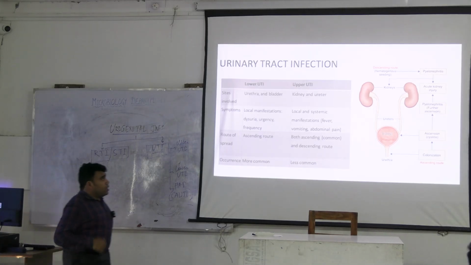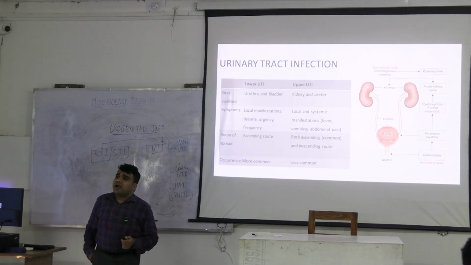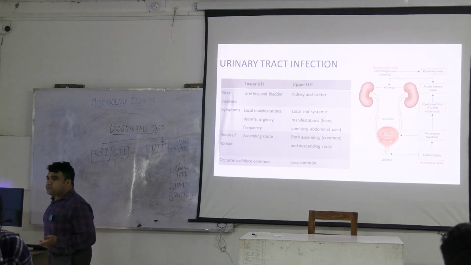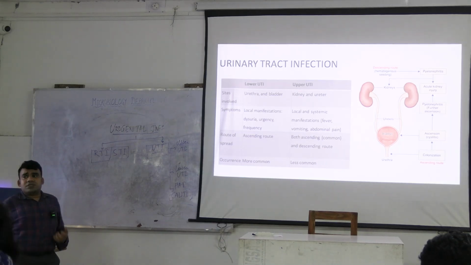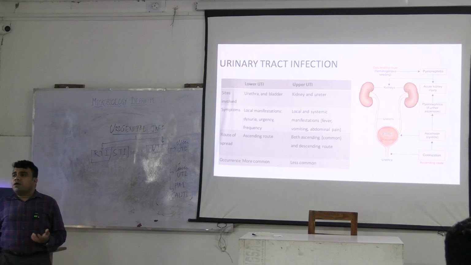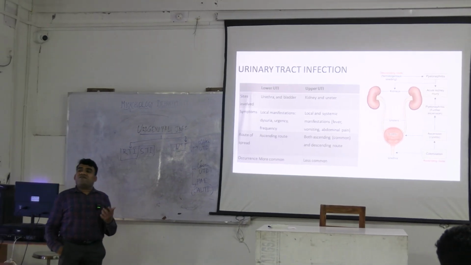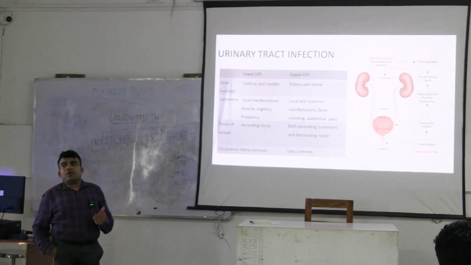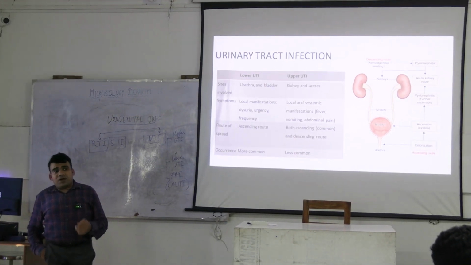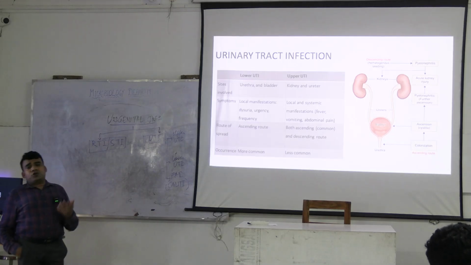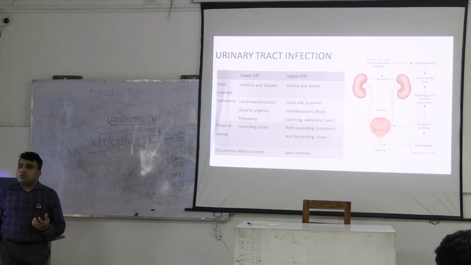Okay. But suppose the kidneys and the ureters are affected, what would be the manifestation? Now, the kidney is a retroperitoneal organ. If there is inflammation in the kidney, the patient will complain of severe low back pain, and that pain can be felt on examination of the abdomen, called renal angle tenderness. Furthermore, because it's retroperitoneal and is encased, any inflammation will lead to